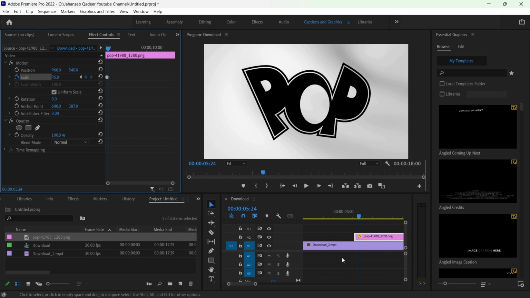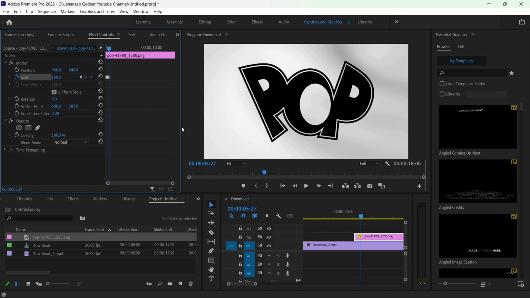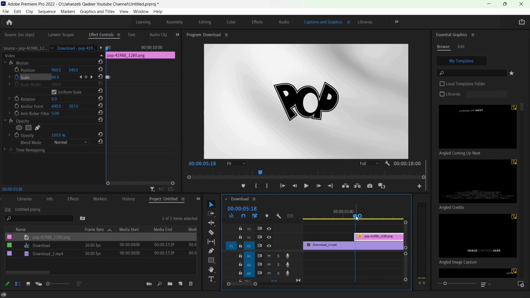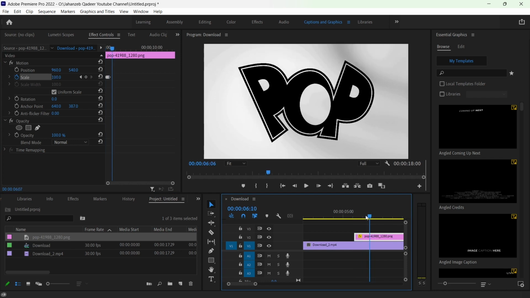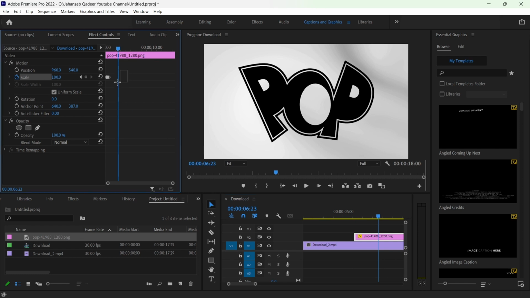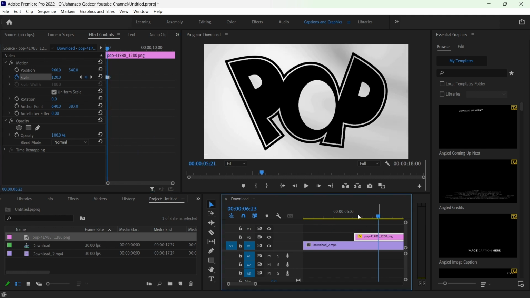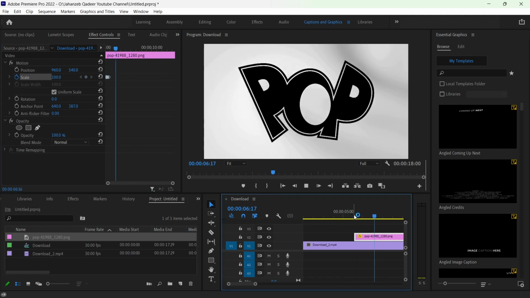Okay, then you need to move 3 frames more and change that value to 100, and now you can see that it is added. Okay, and if you want to make it smooth you simply need to select these three animations and click on continuous bezier. Okay, so here you can see that pop in effect, and if you want to add pop out effect